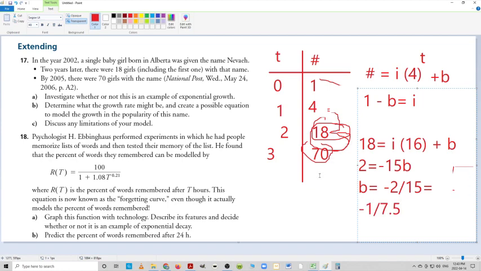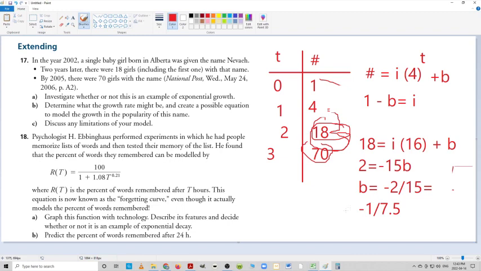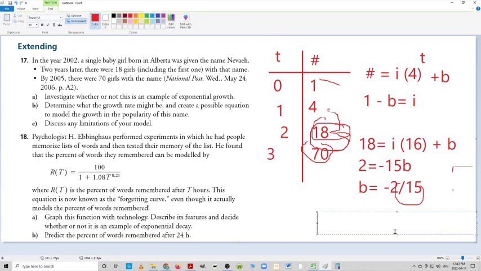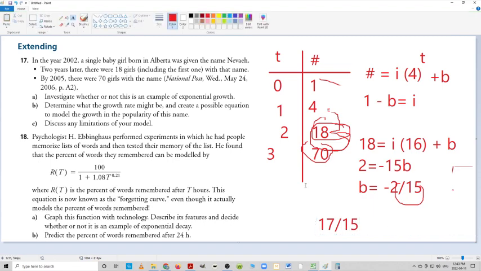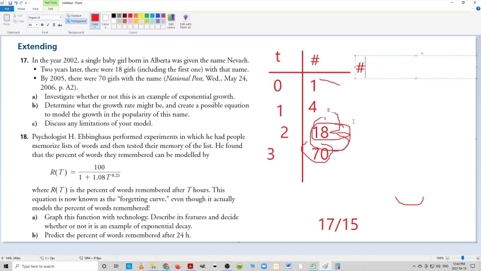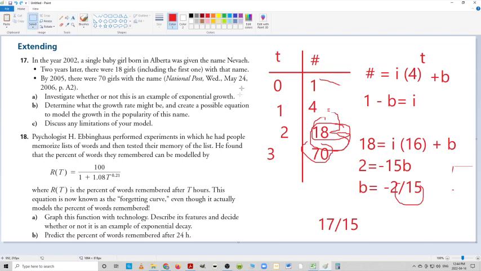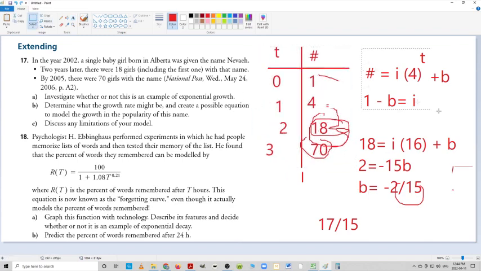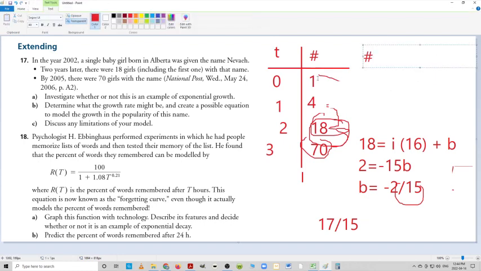Now I have a more accurate equation, and I go back up here and put the minus 2 over 15 in the original equation up here, which is this one, to figure out my I. Well, 1 minus negative 2 over 15 is actually 1 plus 2 over 15. So I is equal to 1 plus 2 over 15, which is 17 over 15, which is really going to be my equation, therefore, for my number of girl names. Well, I got to keep it all, actually. We'll just put this to the side for now. My number of girl names is equal to,